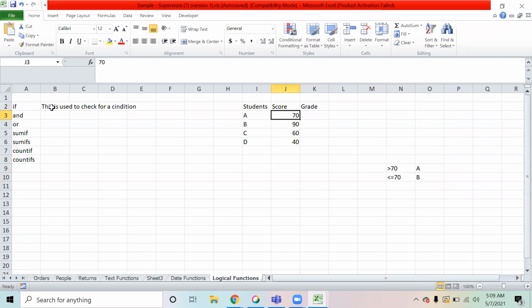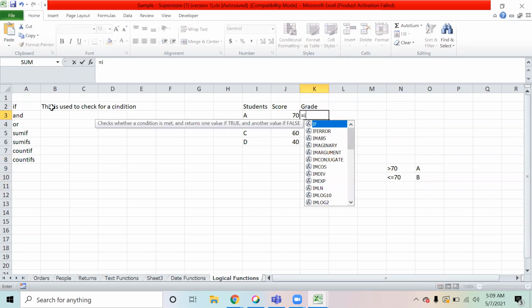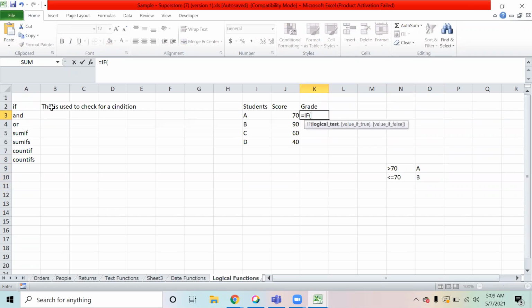I'll say equals IF. Wherever you have to check a condition, this is where you will use the IF formula. When you use the IF formula, it takes three inputs: logical test, value if true, and value if false. First you give your condition. I'm saying that if the score made by a person is more than 70, this is my condition.